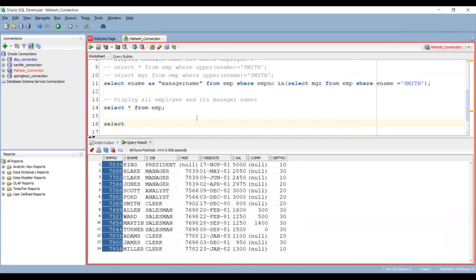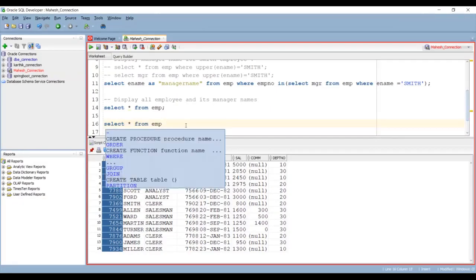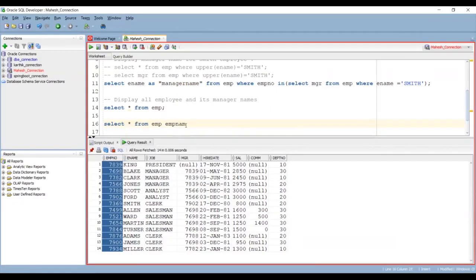Observe carefully. Select star from employee table. The employee table for the employee name, that is the alias name. Employee as the alias name. Select star from employee for the employee name, and the join condition is on the same table, the employee table only,